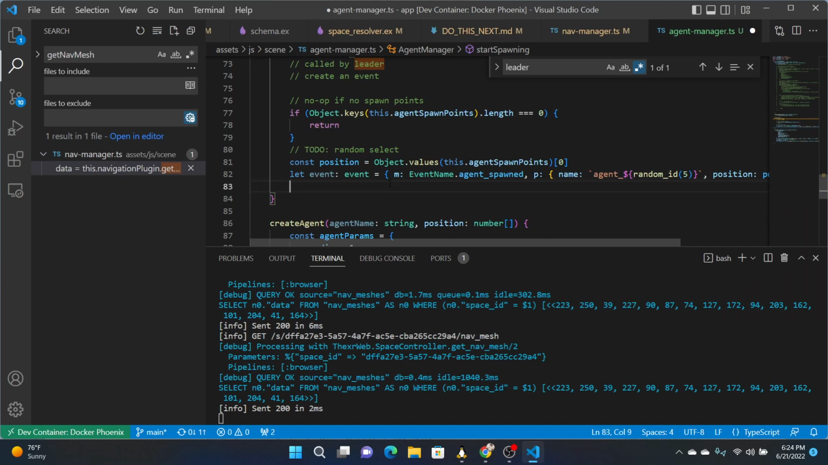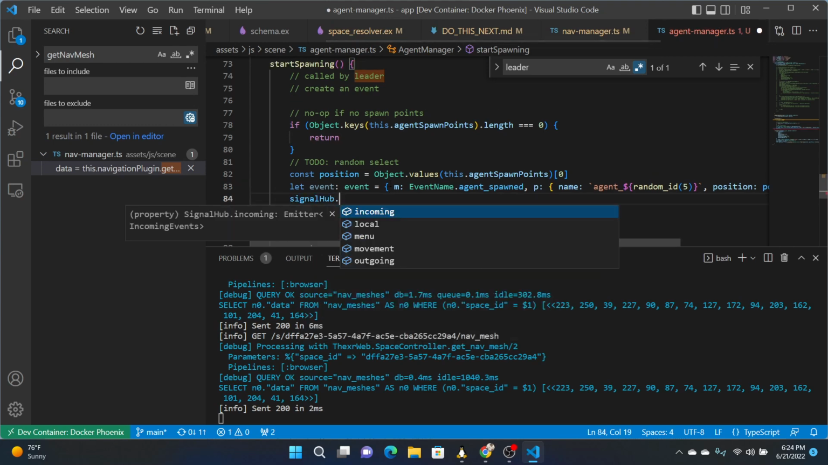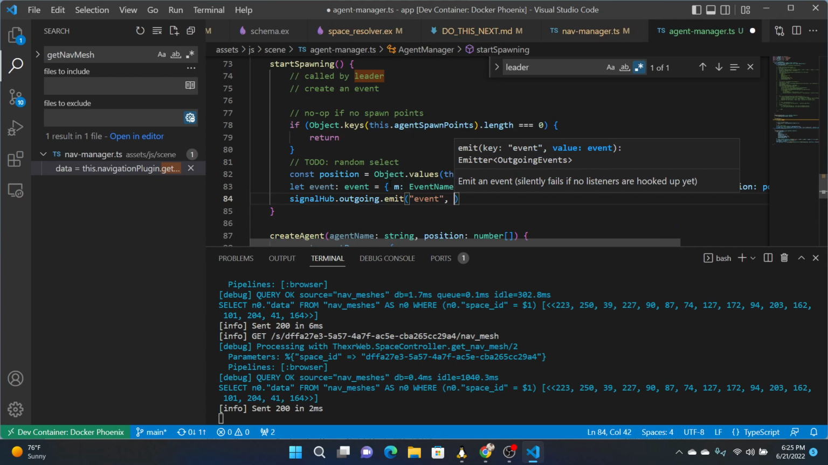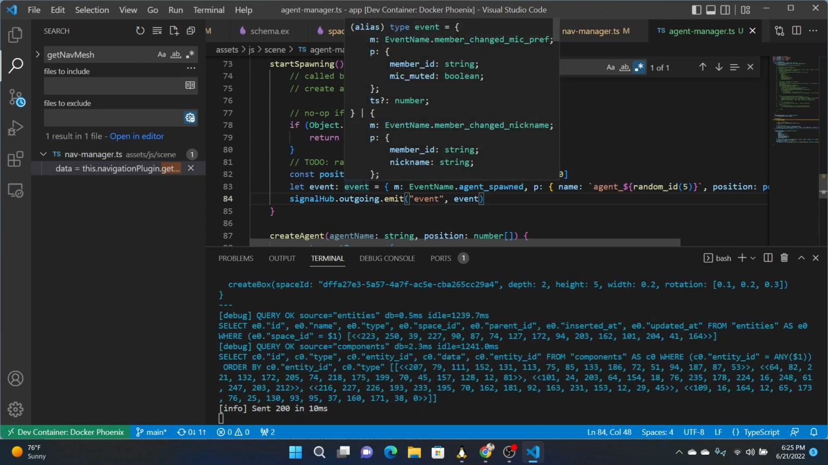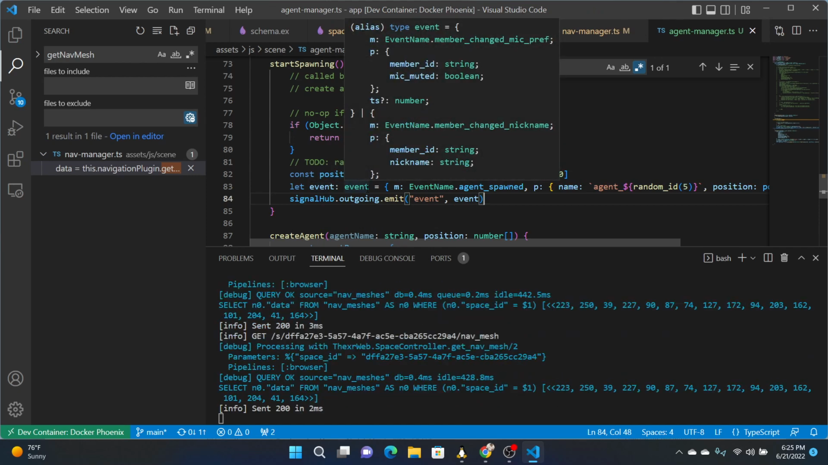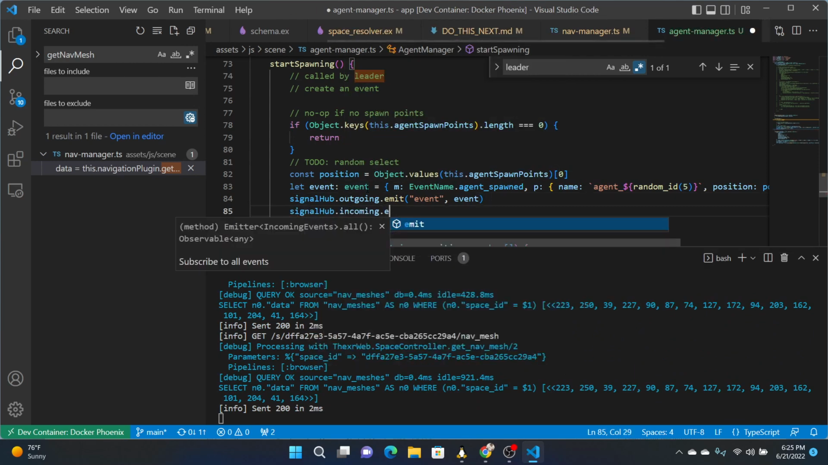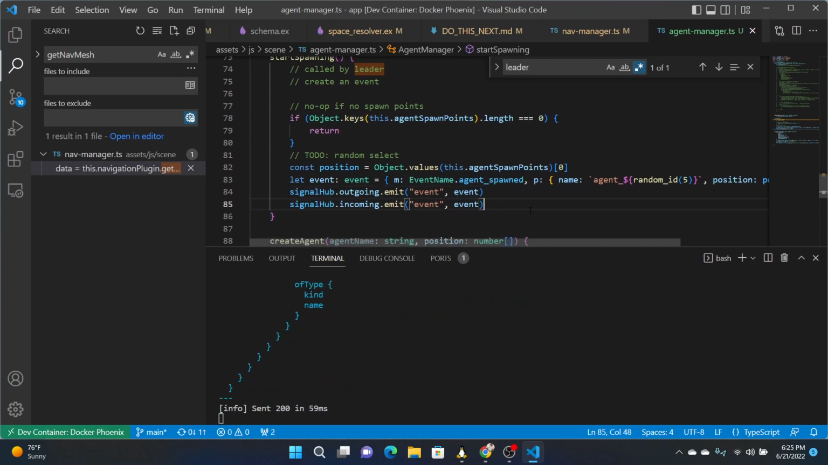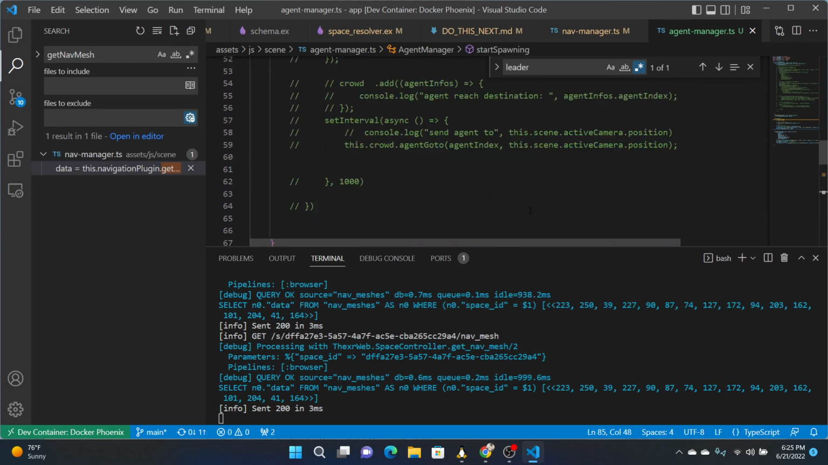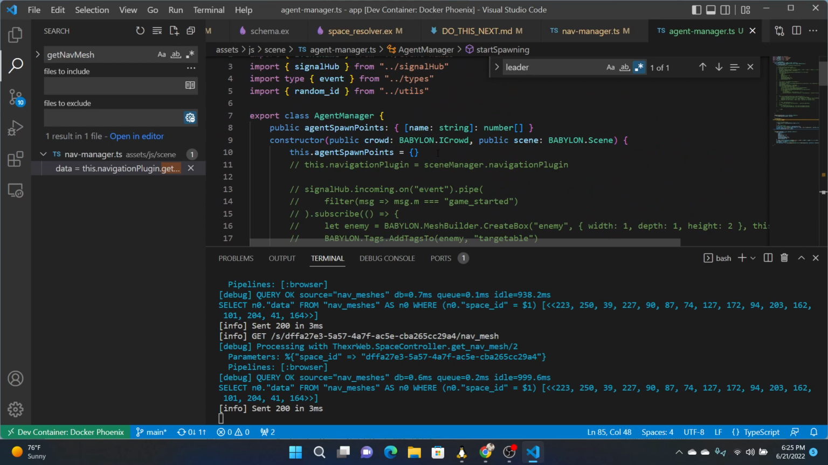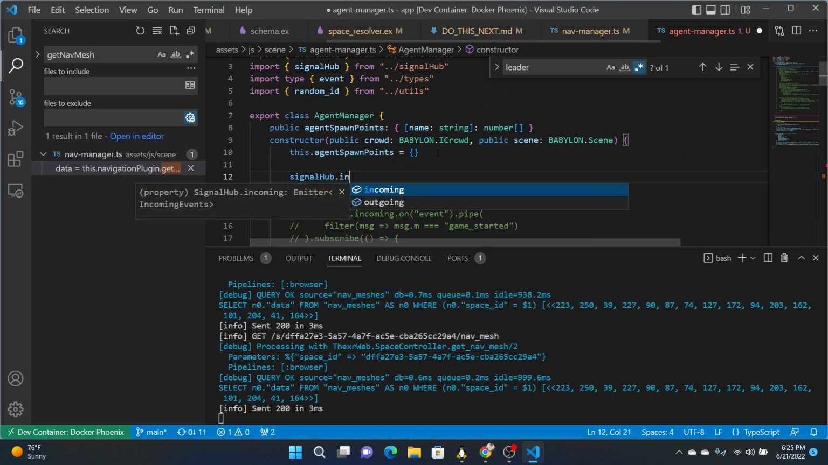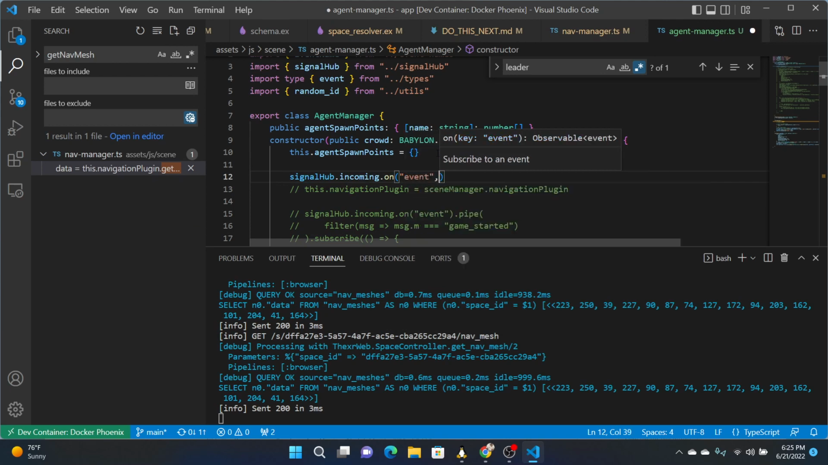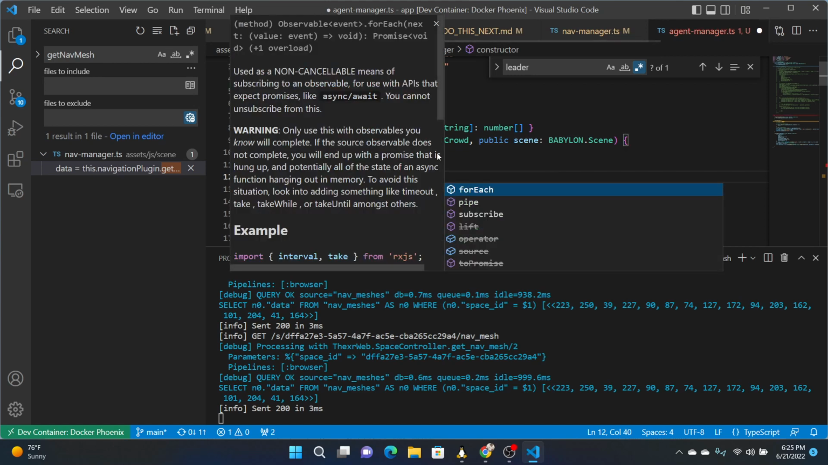Then we broadcast this. So signal hub dot outgoing emit event, value is this event. And we need that to come back to ourselves too. So signal hub incoming emit event. And then we need to listen for it. So let's put that in the constructor. Is that signal hub incoming on event and pipe